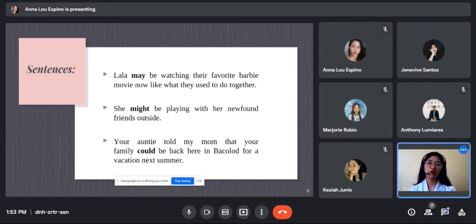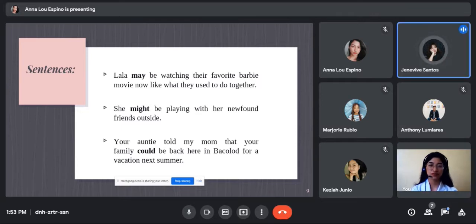Who wants to try number two? Who would like to associate it with possibility? Someone? Yes, Viv? The second sentence is: she might be playing with her newfound friends outside. Okay, associate it with